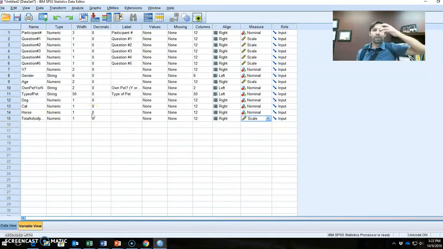So basically you want to think about what you measured. Your dependent variables, the things that you're measuring, typically are going to be scales. They're going to be something where you're measuring numbers. Your independent variables are typically going to be this nominal data where you're just naming it. So once you do that, once you get this